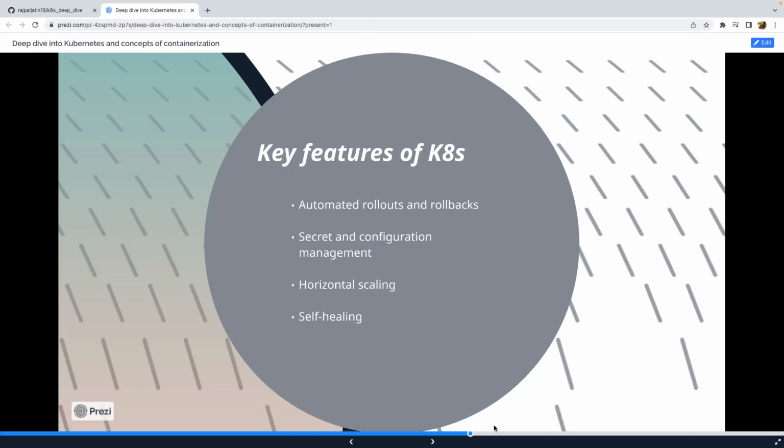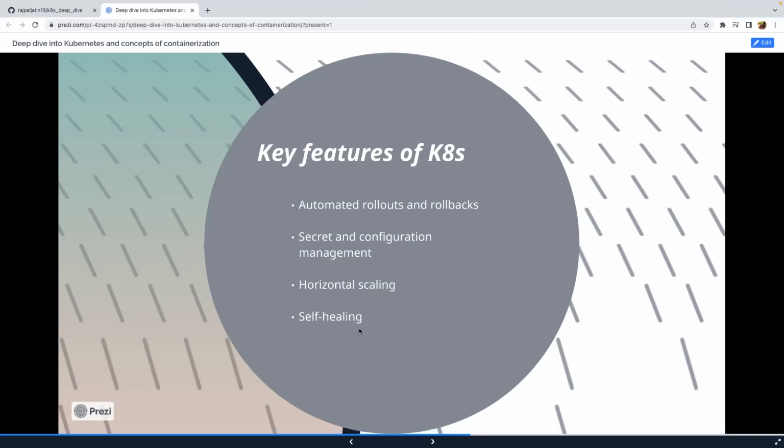Kubernetes does provide an out-of-box feature that your deployments can scale horizontally, which means you don't need to add a lot of capacity. When you want to scale, your application would be able to scale on its own. It can use the replicas that you have created, and it has other ways to scale as well. And definitely that can be coded as per your application.